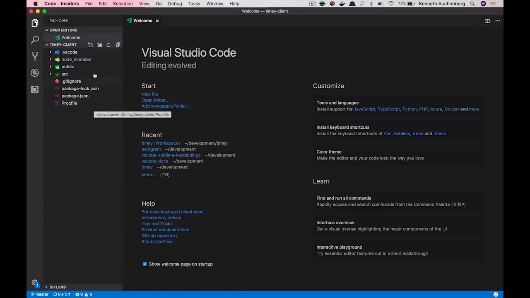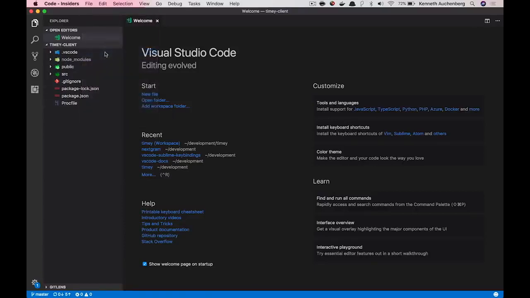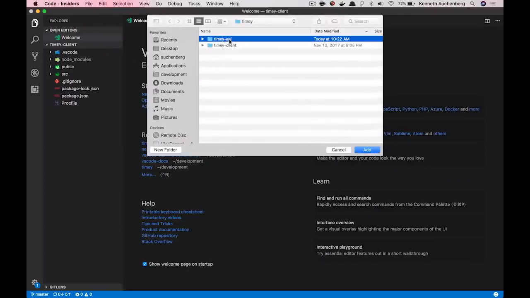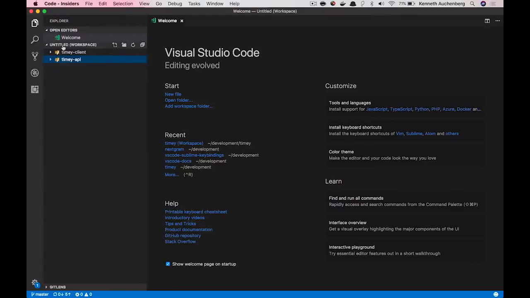But what I can do now is that I can go up here in File and say Add Folder to Workspace. And what I then can do is that I can select my Timey API project and I can say Add. And what you now see here is that I have 2 folders open inside Visual Studio, and you also see that Visual Studio Code says I have an untitled workspace open. So this is pretty cool because now I'm able to work both on my client-side code and my backend code